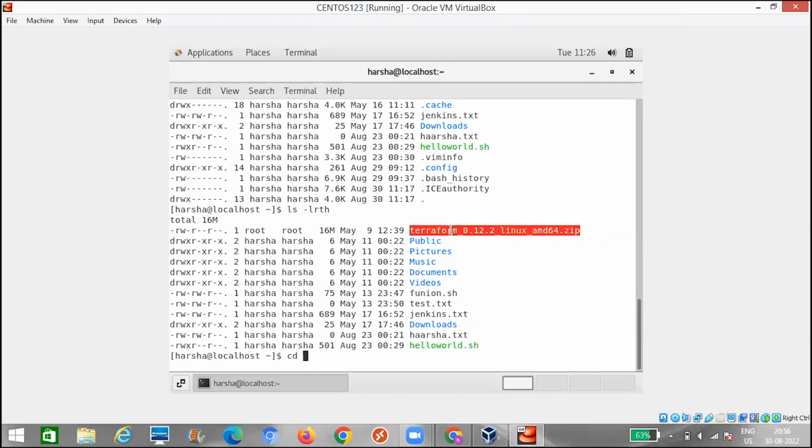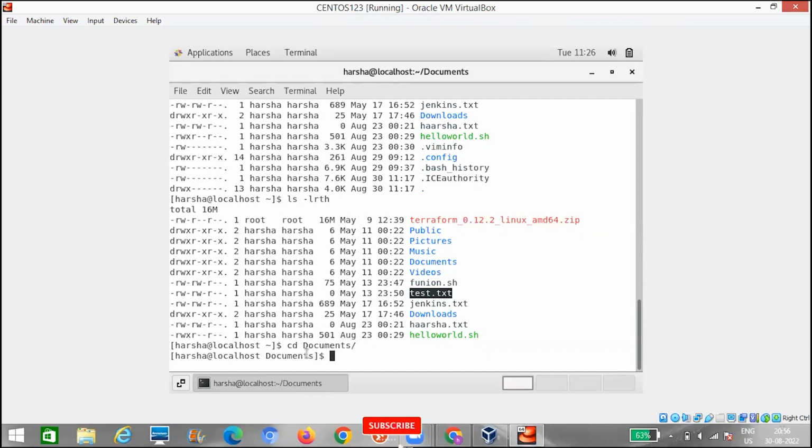Whereas Terraform is not a directory, it is a file, and text.txt is a file. So we cannot cd to a file. We can only cd to a directory. Let's do cd, let's take one thing, documents.